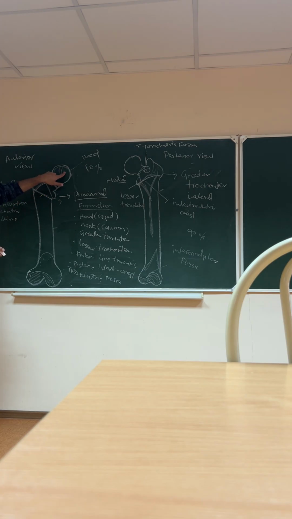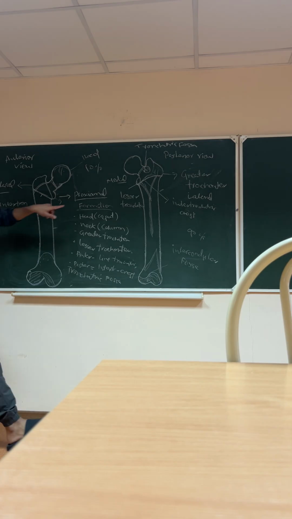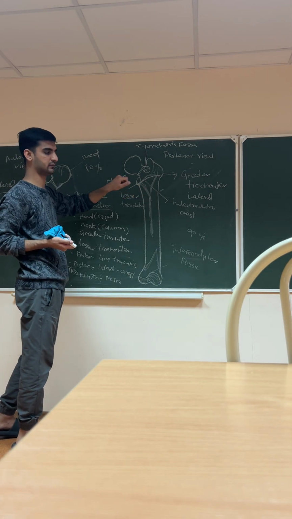First we have the caput, the head. Next we have the neck, the column. Third we have the greater trochanter, then the lesser trochanter. And between them, on the anterior side we have the intertrochanteric line, and on the posterior side we have the intertrochanteric crest between these two